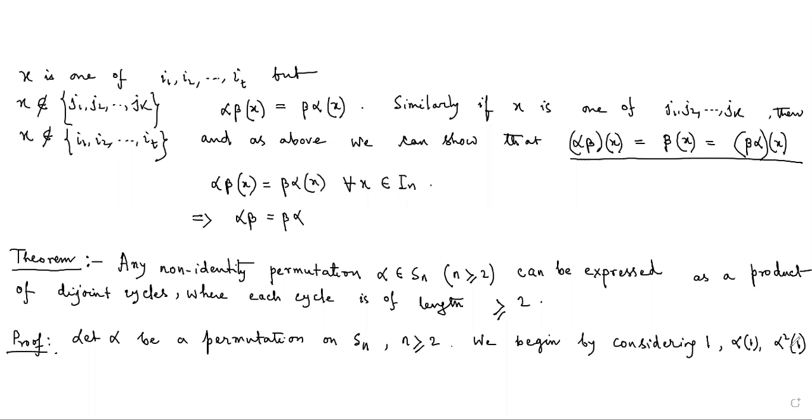Alpha square 1, although I'm reading it as alpha square 1, it is not. Alpha square 1 means first we operate alpha on 1 and then again on the image alpha is being operated. So alpha square means the composition of alpha with itself is being taken into consideration. So we begin by considering these permutations